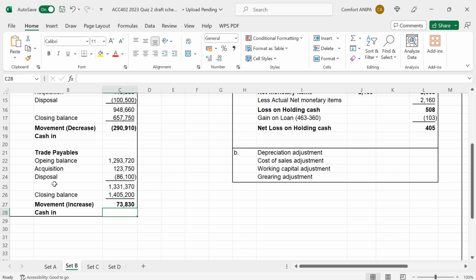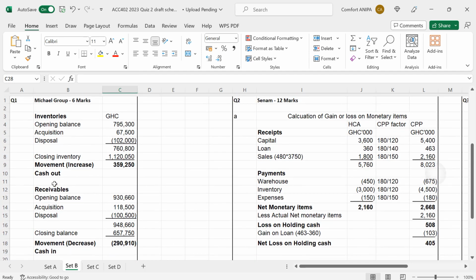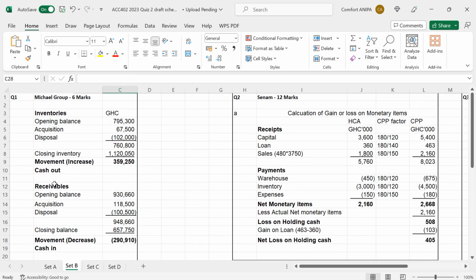First of all, remember, we have studied for the purpose of this course, our monetary items are receivables, cash, and the loans. Receivables, cash, and the loans. And in this particular question, you have cash and loan. And so you identify the movement in cash by preparing your cash account, cash receipts and cash payments,